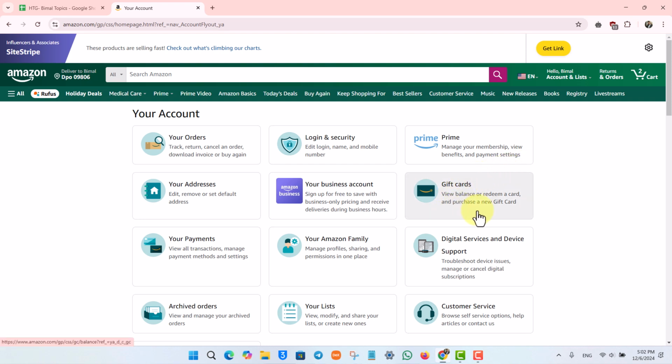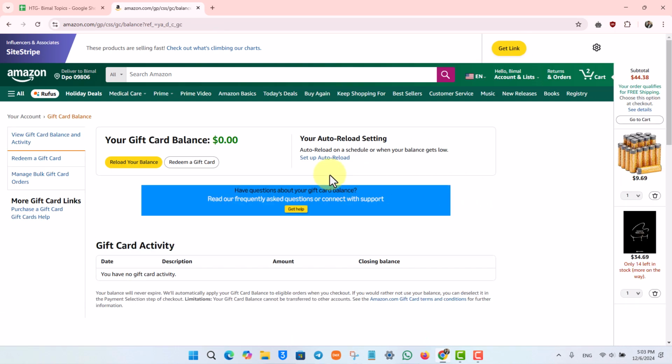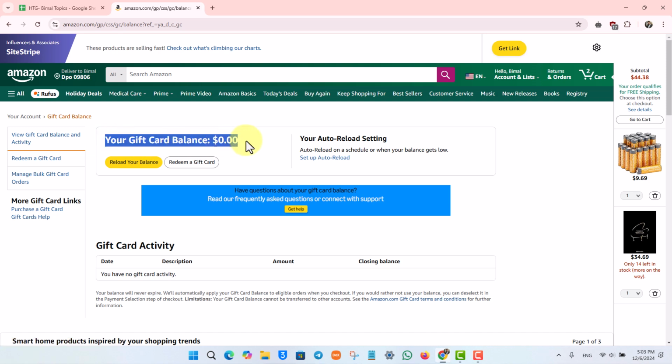So first we have to redeem our gift card in order to use them. Click on the gift cards button there. And here you can see the option called redeem a gift card. Now it will also show you your current gift card balance and you can redeem it by clicking the redeem